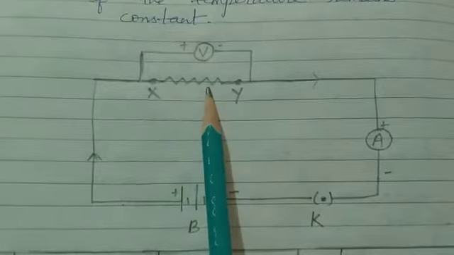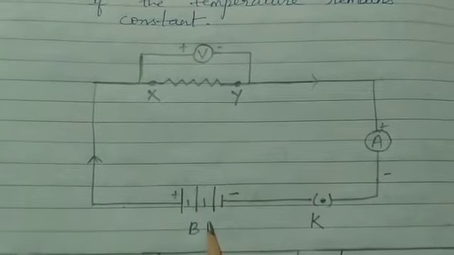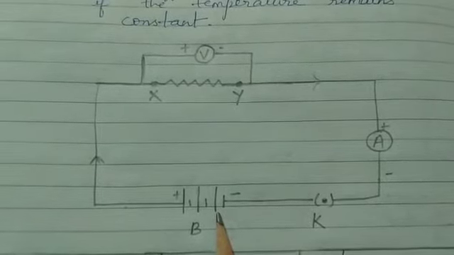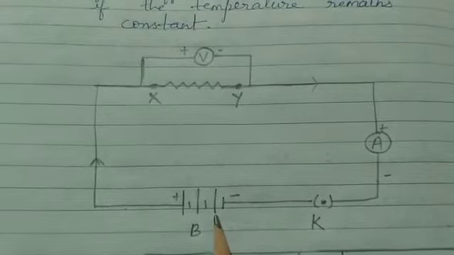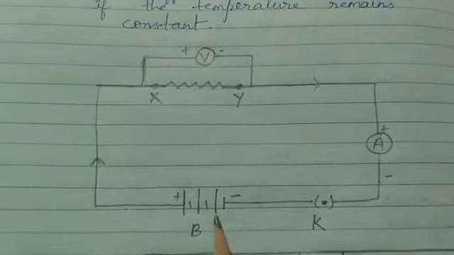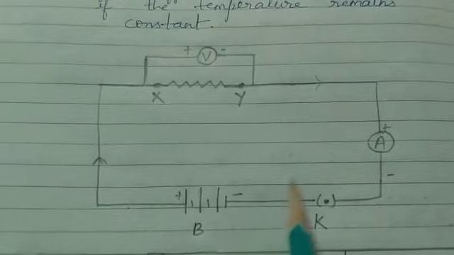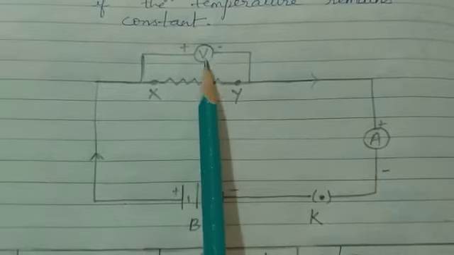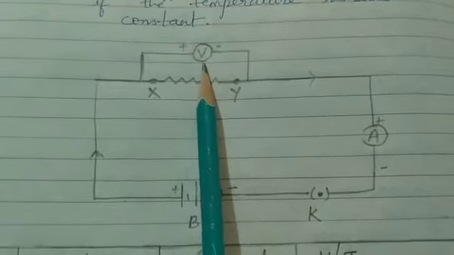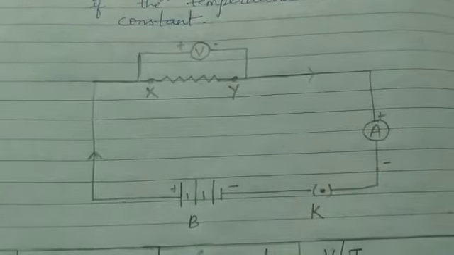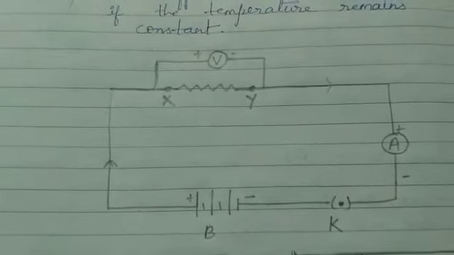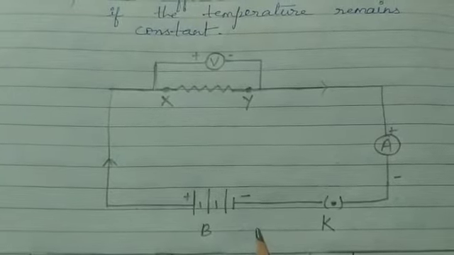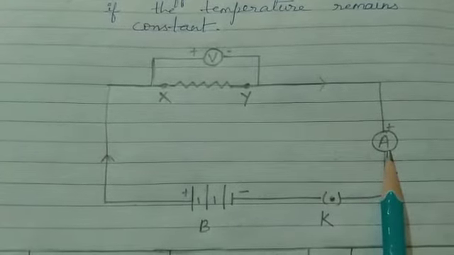In this circuit, one conductor is there in which current flows, and one battery is there which is used to apply potential difference. What we have to prove here is that current is directly proportional to potential difference. For that we need some devices to measure current and voltage. So these are here to measure. This is to measure current, this is to measure voltage. The potential difference applied by this battery is called voltage, and its unit is volt. The SI unit is volt, and the SI unit of current is ampere.